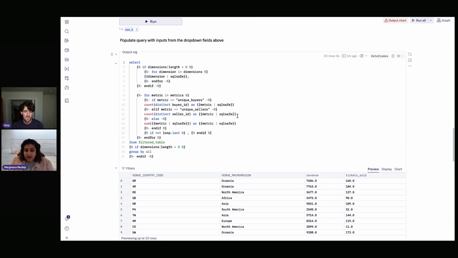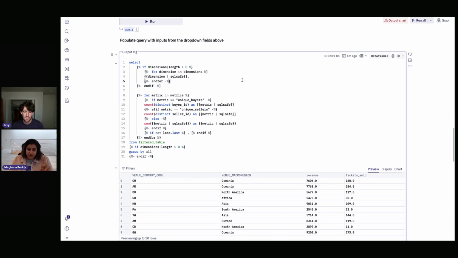Cool. And if we scroll down here, okay, this little cell is actually where all the magic is happening in terms of this ability to do dynamic query generation. So this is really thinking creatively about how you can use things like Jinja parameters. This probably doesn't look like a SQL query to you, because it's not, right? It's a whole bunch of just brackets and percentage signs.